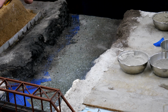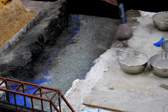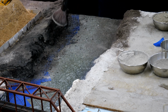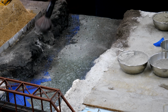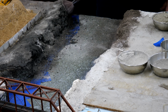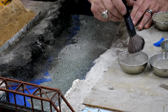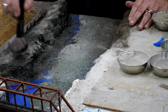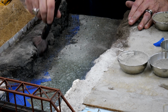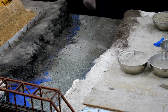Now across the top surface here, there's going to be static grass and some bushes and trees and stuff along here. But you can see that you can build up a... And there's no right way or wrong way to do this. You just look at the section and you go, oh, I think that could be a little lighter. Oh, I think that could be a little bit darker. And you just keep going until you get what you consider to be a...